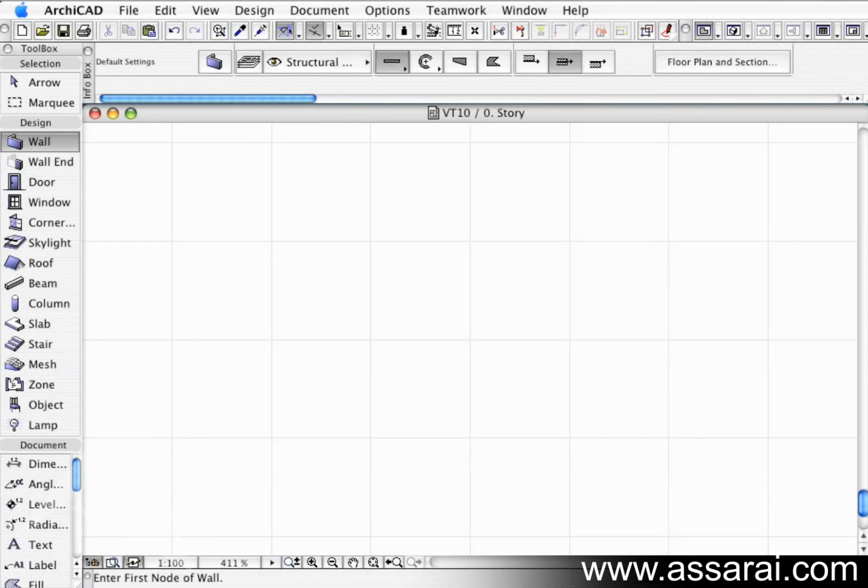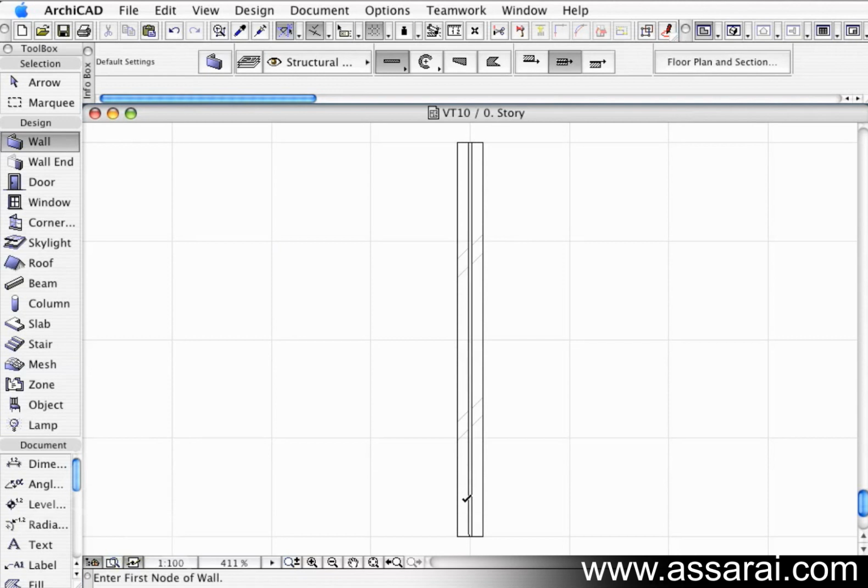In version 10 we've been given a lot more graphical flexibility in how walls will be displayed on the floor plan, and it can solve quite a few issues that we may have had previously. So we're just going to draw a couple of walls and experiment with the wall priorities. First of all, I'm just going to draw a straight 270mm brick wall,